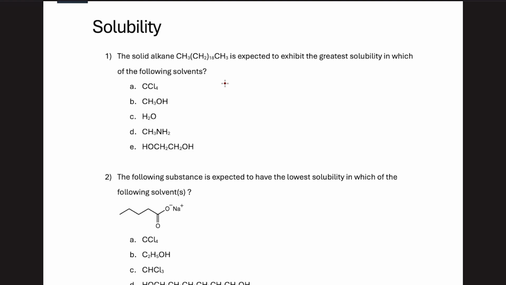At this point, we're going to move on to the solubility section of the worksheet. Remember that the concept for solubility is a little different. We're no longer considering intermolecular forces, polarity, molecular weight, surface area. It's less things to consider. What I really want you to keep in mind while doing solubility is like dissolves like. Another way we can say this is that polar solvents will dissolve polar solutes,